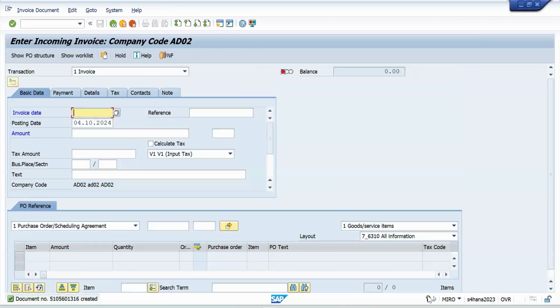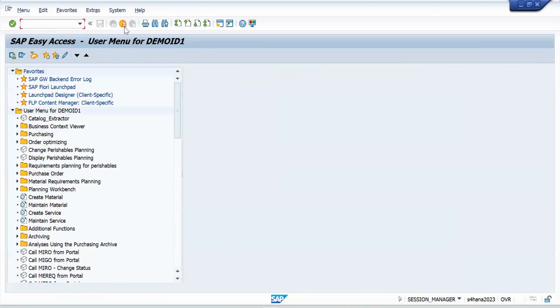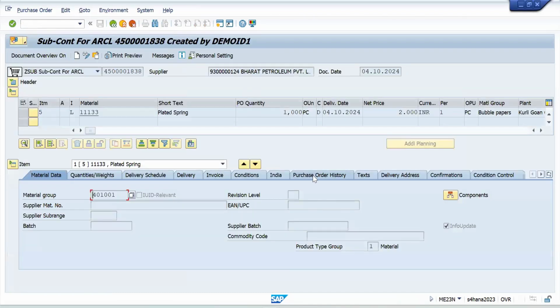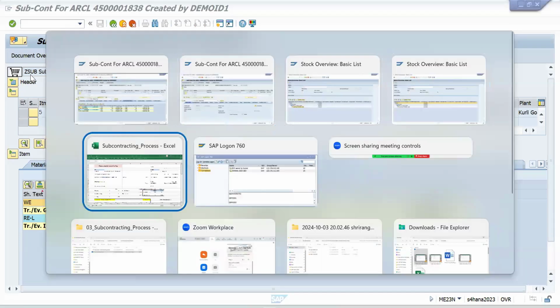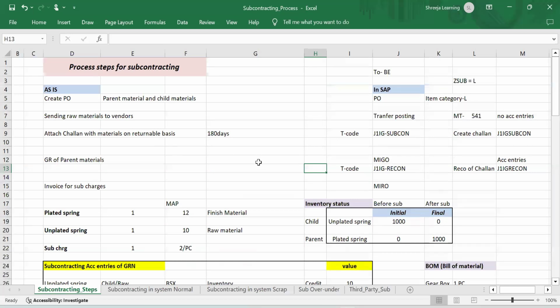Simple. The invoice document has been created, and this document flow we can see in the purchase order history. But in the purchase order history, you cannot see the transfer posting document. You can see the goods receipt and the invoice receipt. This is normal subcontracting, case number 1 for subcontracting. Later we have to see